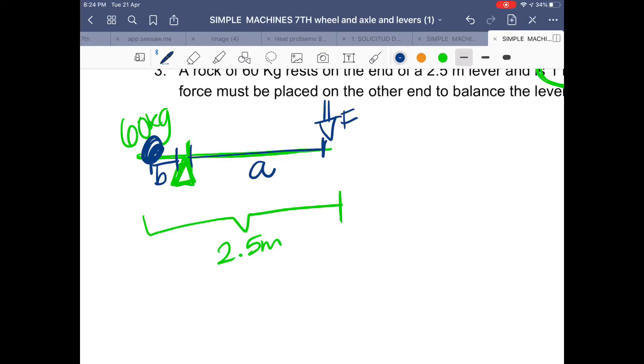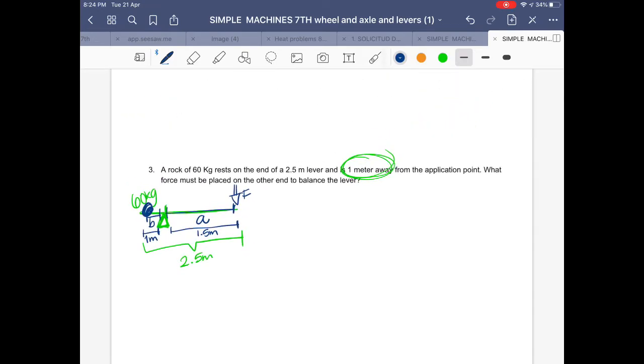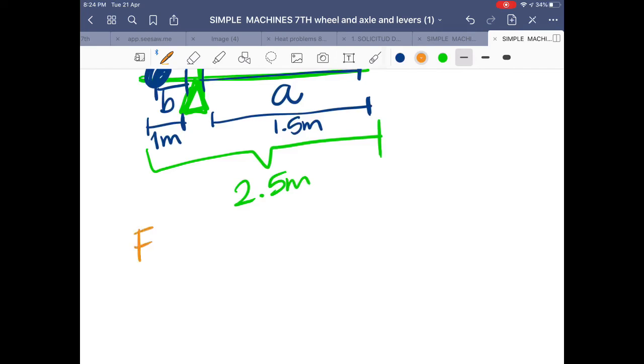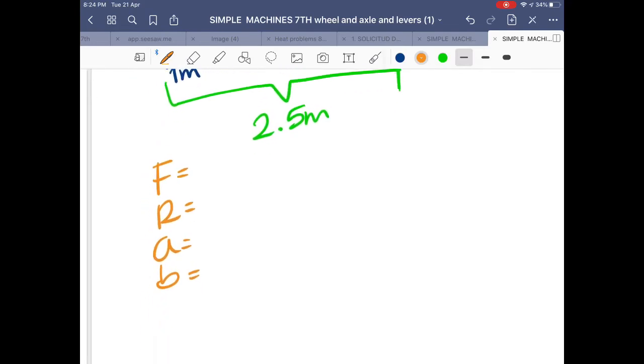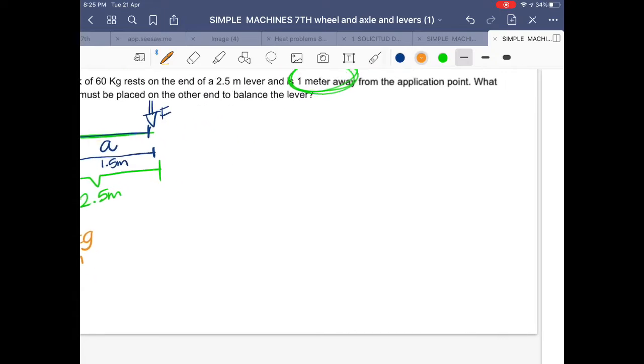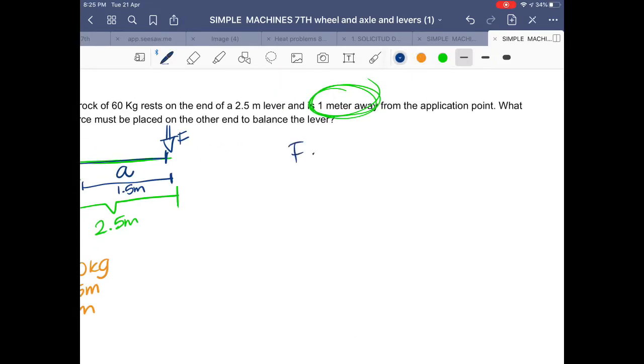Okay? So if from here to here measures 1 meter, it means that from here to here measures 1.5 meters. Right? Tricky, I know, but it's easy if you read it again. So, if you have force and resistance like always, A and B. The resistance is of 60 kilograms. Letter A is of 1.5 meters and letter B is of 1 meter. We're searching for force. If we know that force times A equals resistance times B, and we're searching for force,